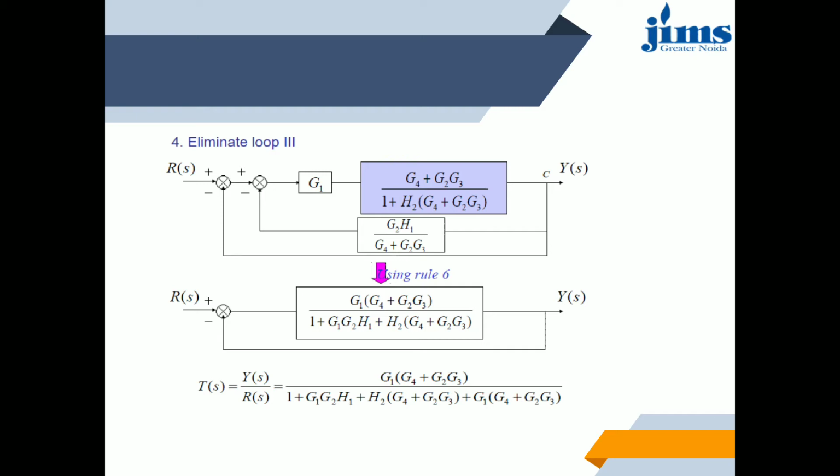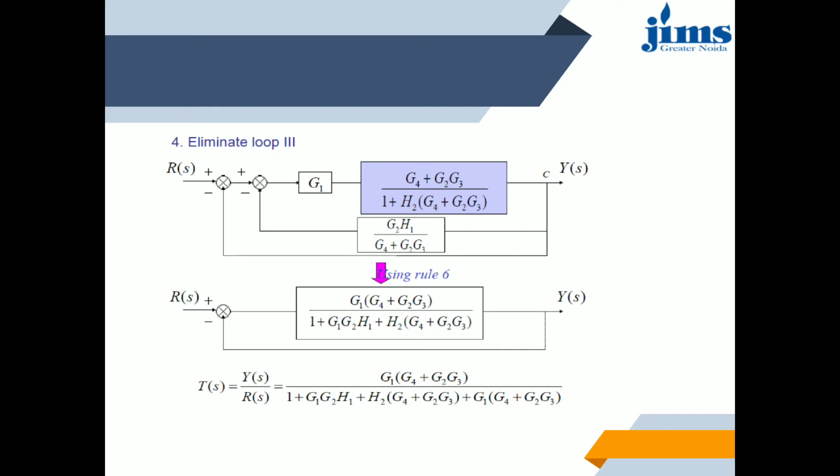Again we'll have this closed loop. By solving this closed loop, we'll again apply the formula for a closed loop, that is gain upon 1 plus gain into feedback. This whole block will be the gain, and this is your system feedback. Again this closed loop gets eliminated. Next we have this whole as a closed loop with a negative feedback, so this will become gain upon 1 plus gain into feedback.